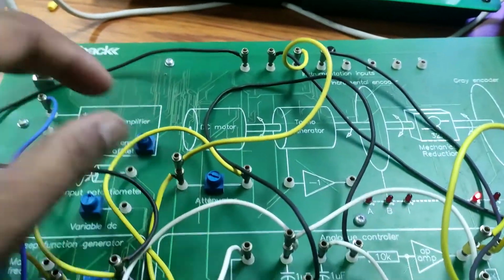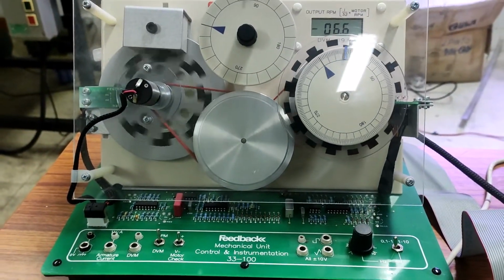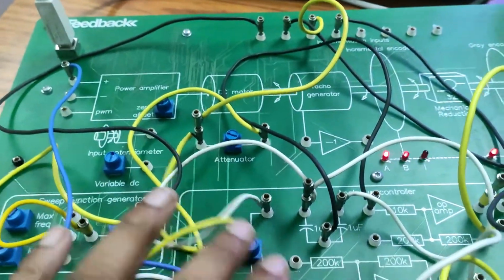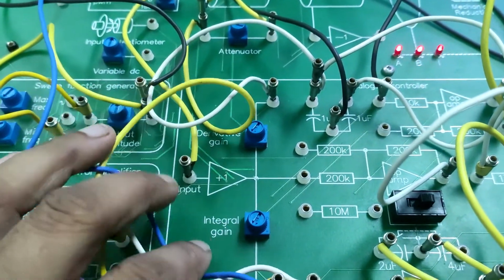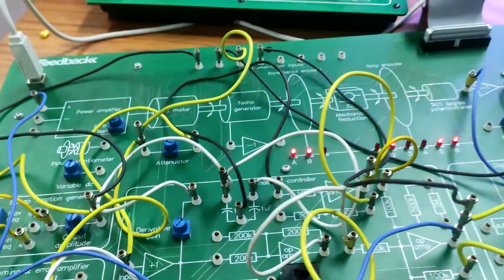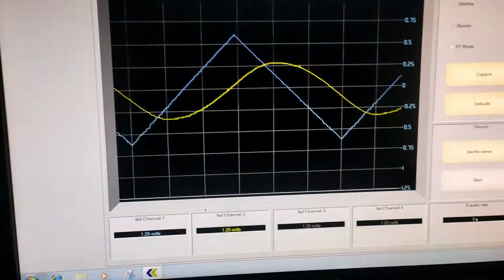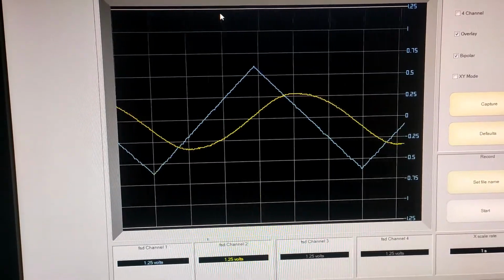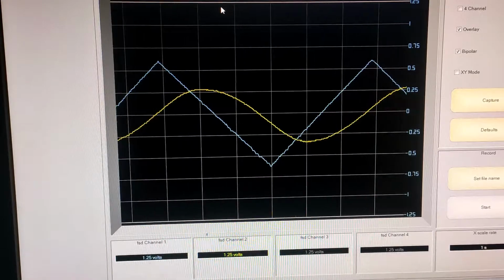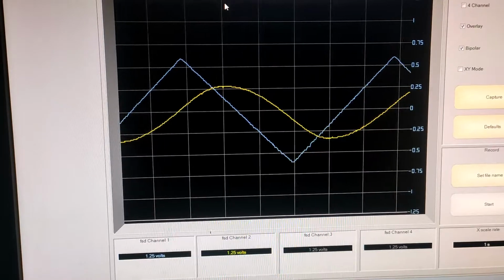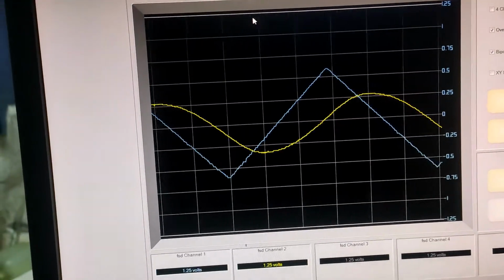So accordingly, given the input of triangular wave, the motor will rotate in clockwise and anti-clockwise direction. So now we are using only P controller, where the derivative gain and integral gain we put at 0. Okay. Now see the response from our PC. Here the blue is the input signal, which is the triangular input in DC volt, and the yellow one the output signal.